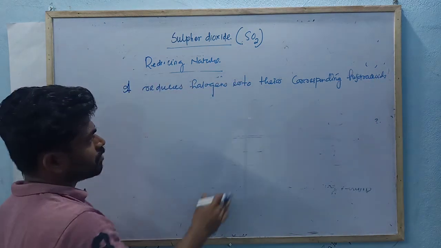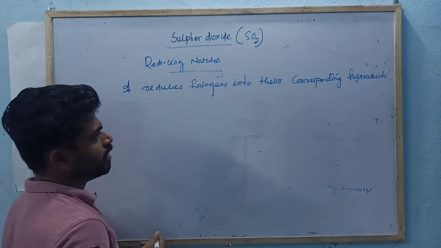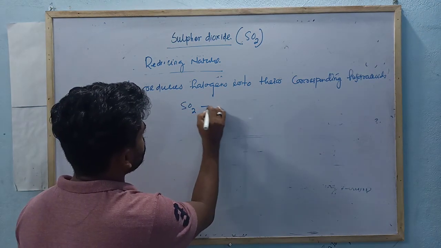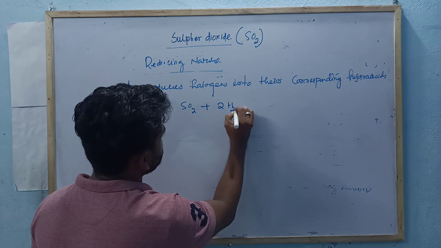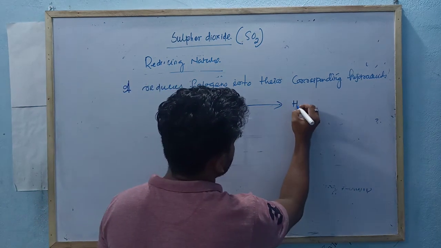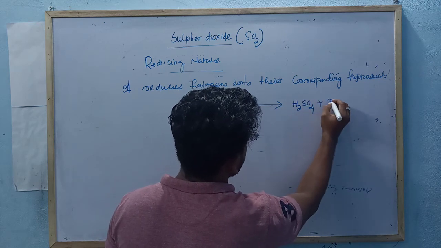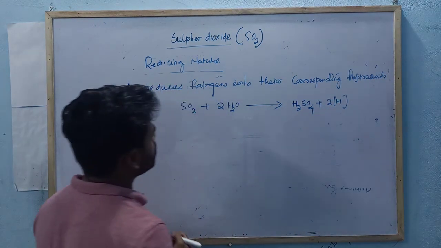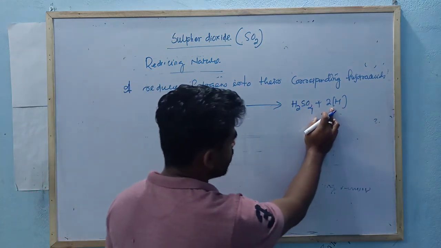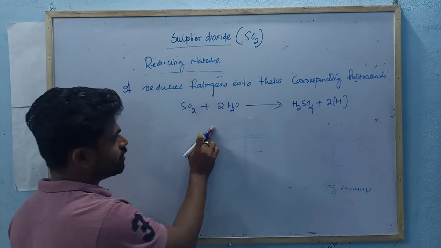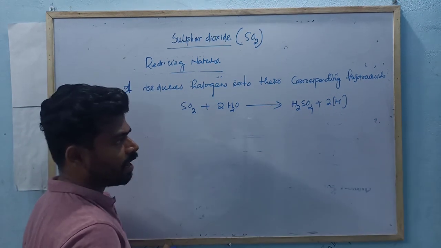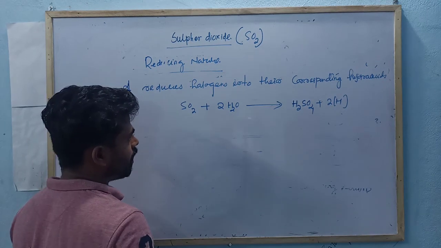Okay, how you just remember that potential equation, just I have written over here, that is SO2 comes in contact with moisture, that is H2O, will lead to the formation of H2SO4 plus 2 nascent hydrogens. That clear? So next, since it liberates nascent hydrogen, that nascent hydrogen will be taken up by your halogen. So hydrogen is added with halogen.